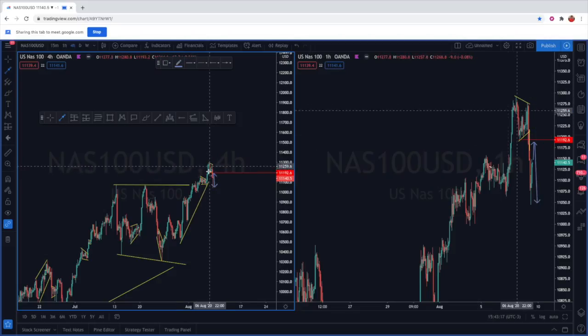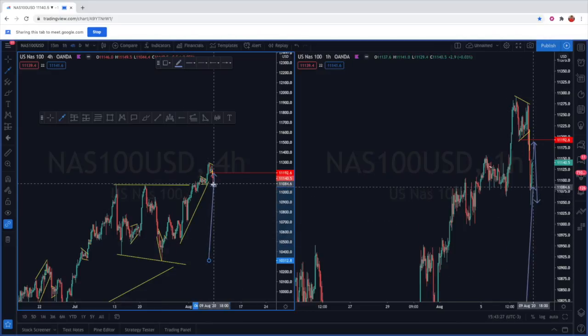NASDAQ has ever been this high. It's now at the highest level ever, so it keeps on just breaking and creating new highs. Looking at it here, we've got our first touches, second touches right here, and this can be seen as